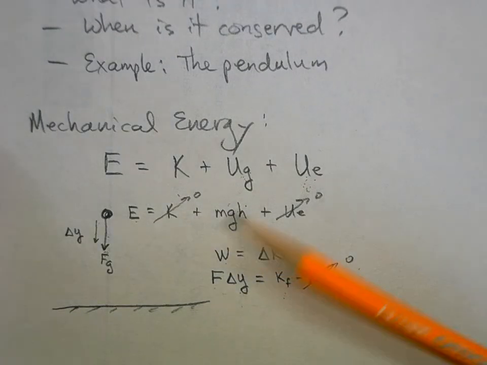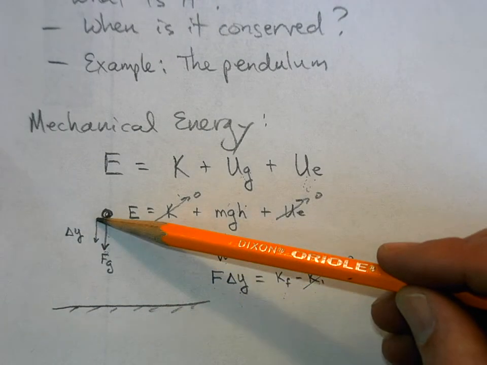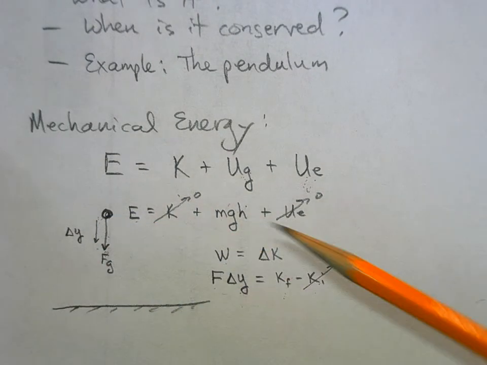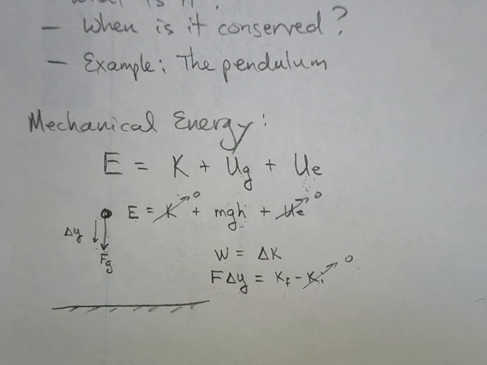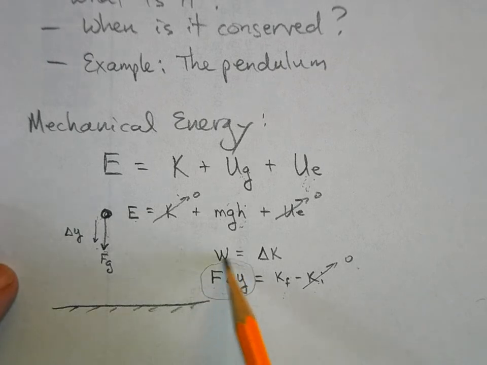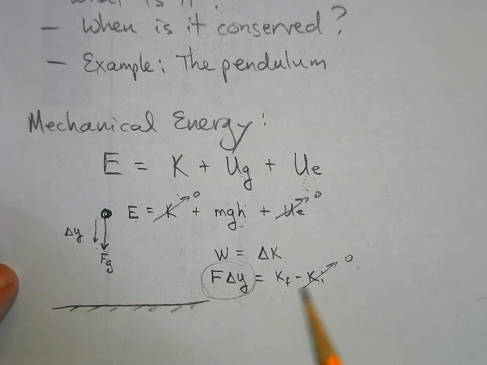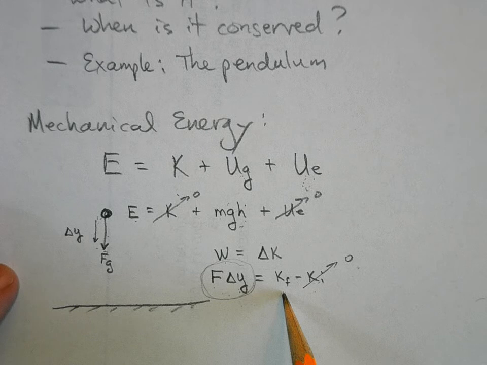But look what I've done if I fall down. If my delta y is negative, if I fall down, what am I doing to my height? I'm reducing my height by that much. If I reduce my height by that much, what have I done? If I've reduced my height, I have reduced my gravitational potential energy. So, in other words, the work done by gravity, if it is positive, I've gained kinetic energy, but I've lost